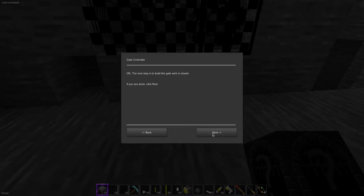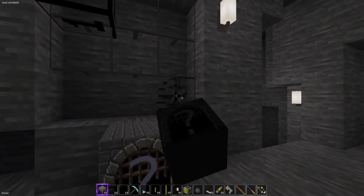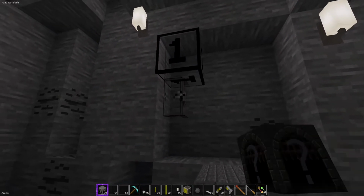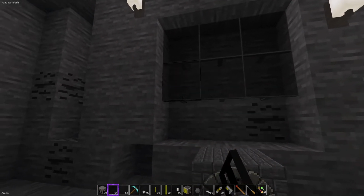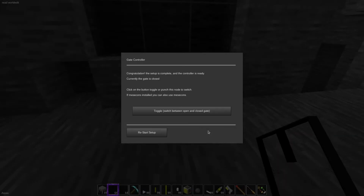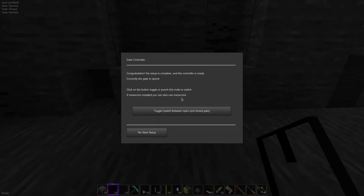So this is the open state of this window. Now what we're going to do is take out this window and put the black stained glass in. This is going to be our closed state. So we have that glass window there. Now, there's our open window, and if we want privacy,